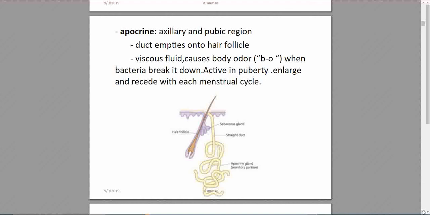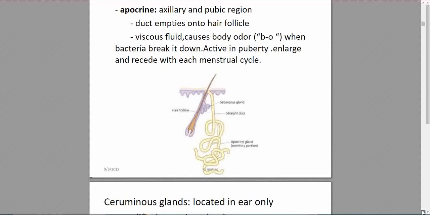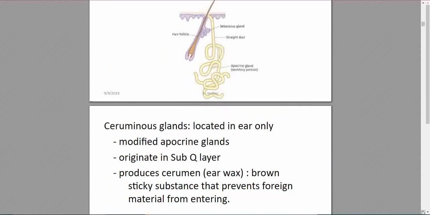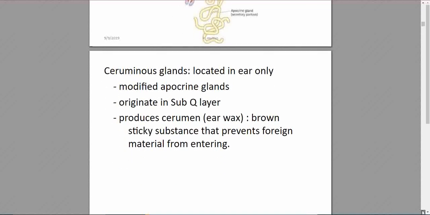Active in puberty, so this viscous fluid which causes bad odor when bacteria break it down is active in puberty, and these apocrine glands are enlarged and recede with each menstrual cycle. So the more you undergo menstrual cycles, the more the apocrine increase. Keratinization gland, located in the ear only, is a modified apocrine gland. They produce the wax, and I told you in ENT, those things we call keratinization. They are modified apocrine glands, originate in the subcutaneous layer, and produce keratin, a brown sticky substance that prevents foreign